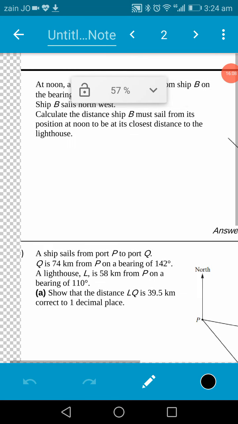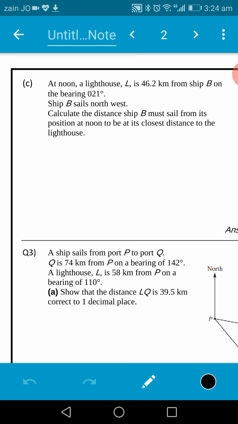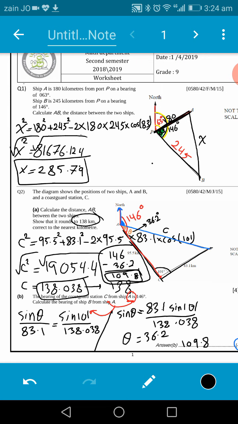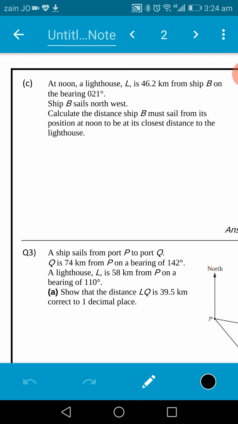At noon. Sorry, this is the same question, I think. Okay, for this is A, B, now C. At noon, a light L is 46.2 kilometers from ship B on the bearing 021. The ship B sails northwest. Calculate the distance ship B must sail from its position at noon to be at its closest distance to the